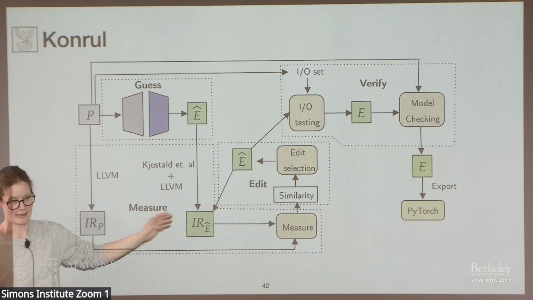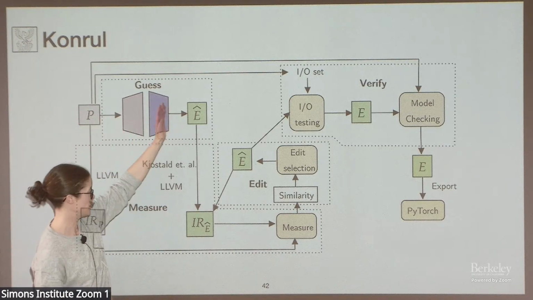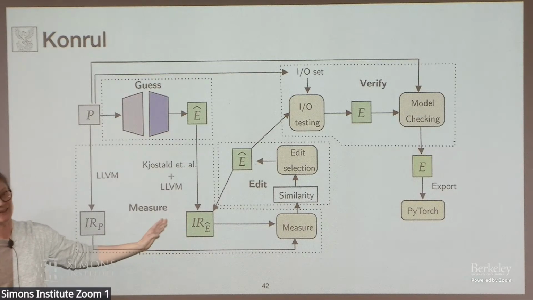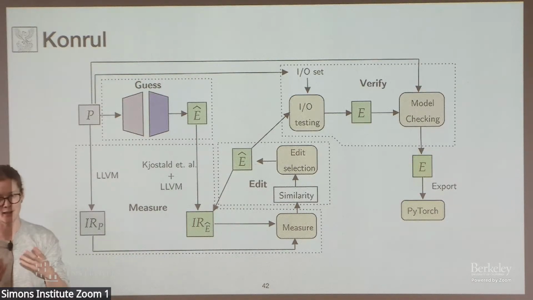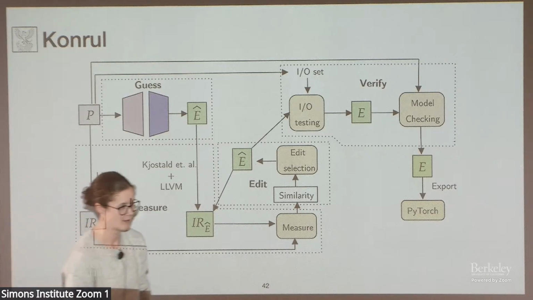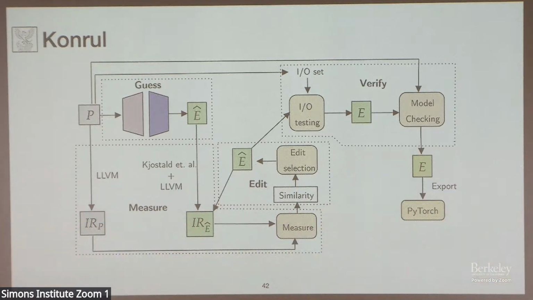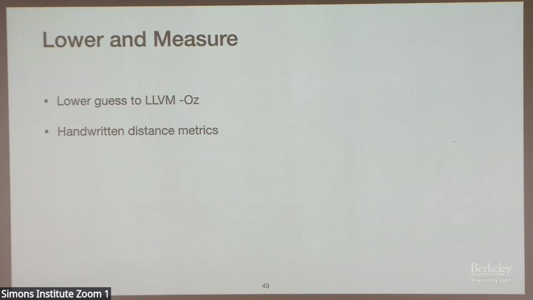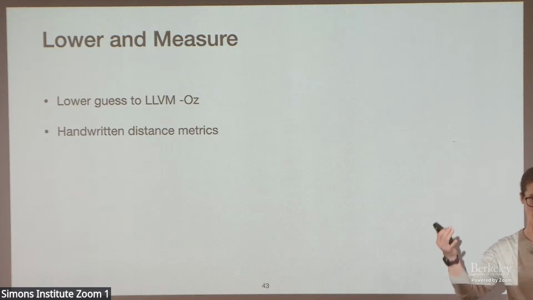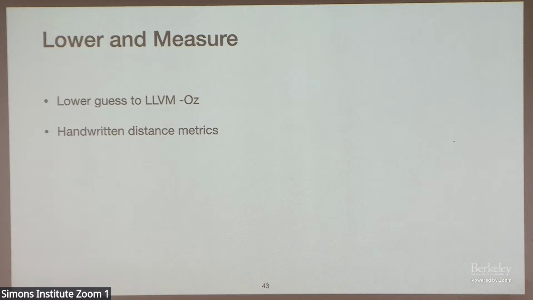So we've got to here so far. We're about to go down to here, which is IR, which is the guess, but in some lowered common representation. I'm going to go through this step by step. So we lower with LLVM. Now what we actually need is to be able to measure the distance between them, so we can lower our guess with LLVM, we can lower our original C program with LLVM. We now need to be able to estimate the distance between the two of them.